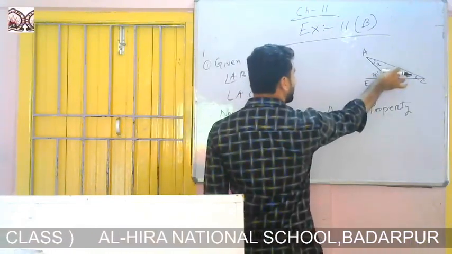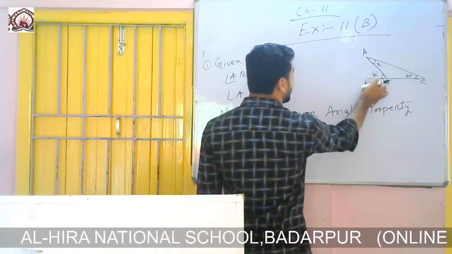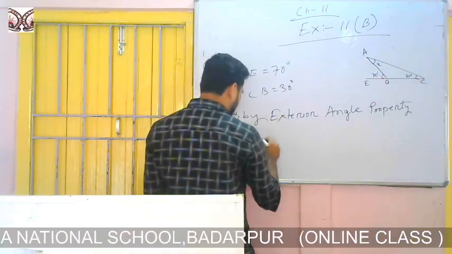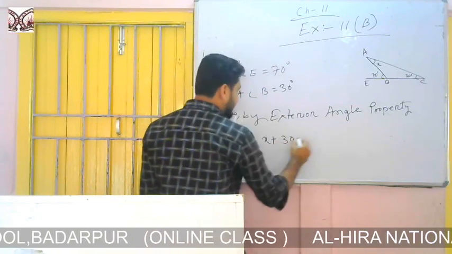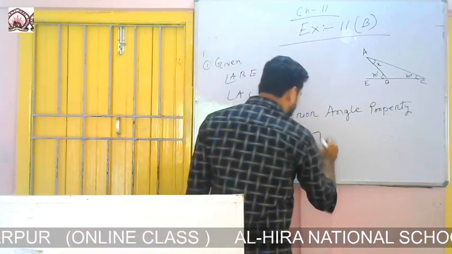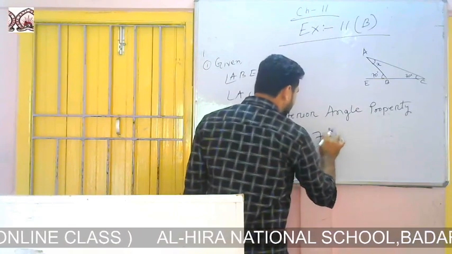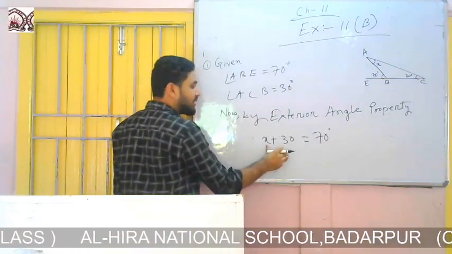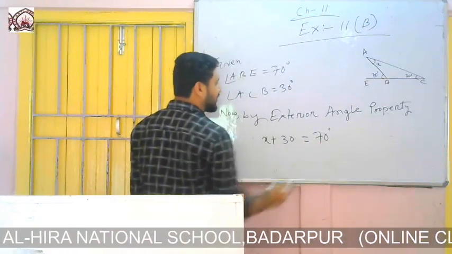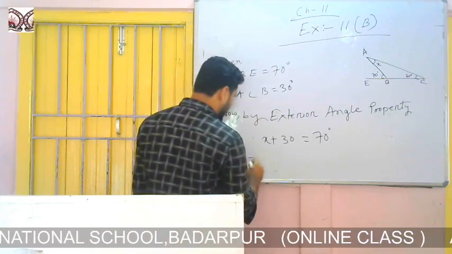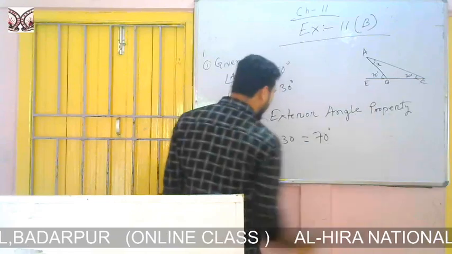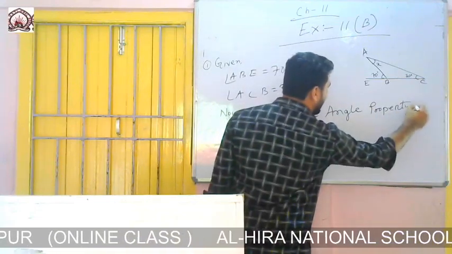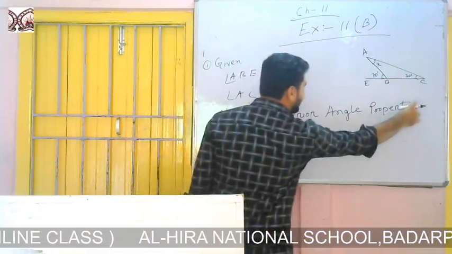The summation of the two interior opposite angles equals its exterior angle. So these are the two interior opposite angles, equal to the exterior angle. The property says that. So for that reason I have written, now by the exterior angle property we have